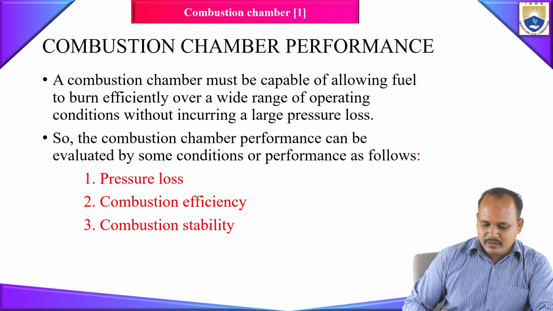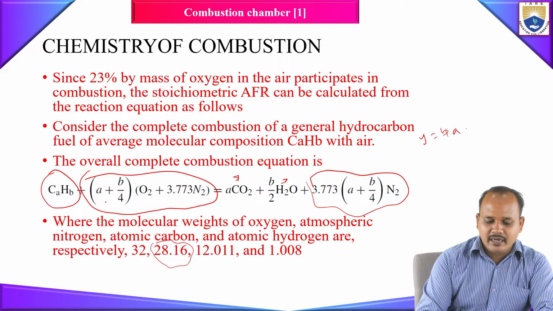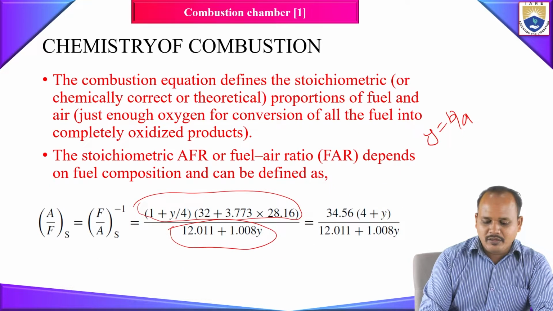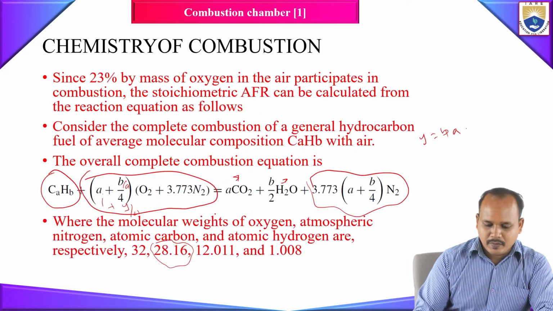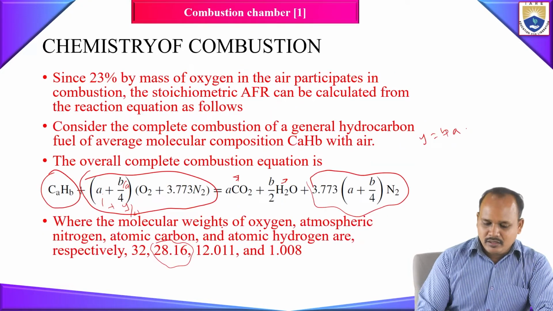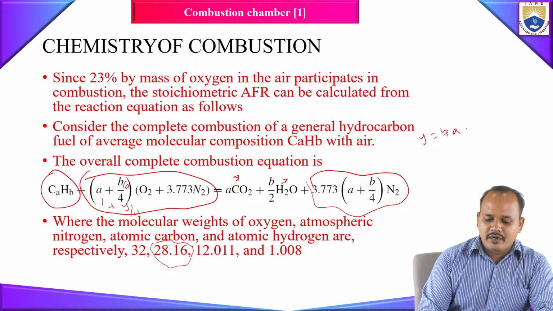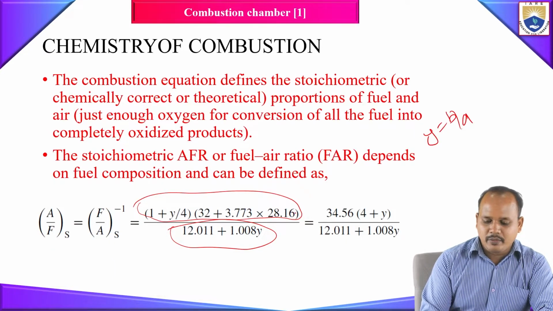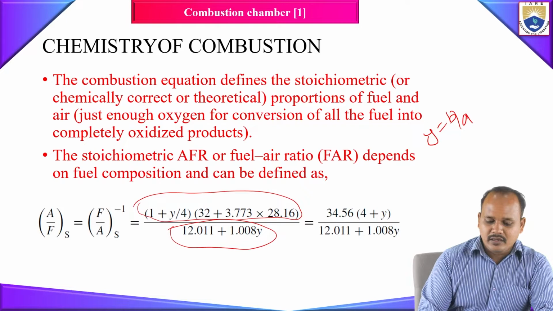In this equation, if I take a as common, you will have 1 plus b by a, basically 1 plus y by 4, into the molecular weight of oxygen, basically 32, plus 3.773 into the molecular weight of nitrogen, that is 28.16. This is divided by